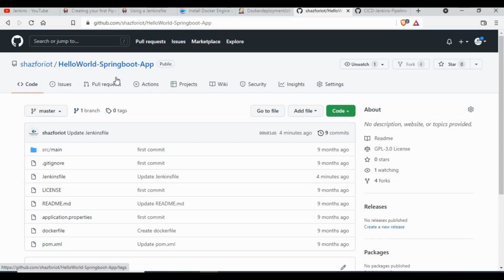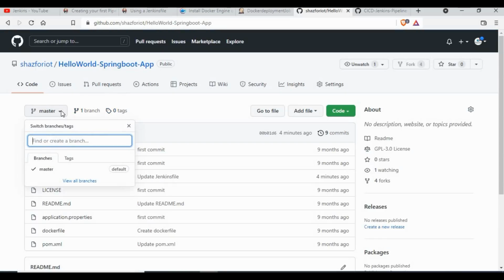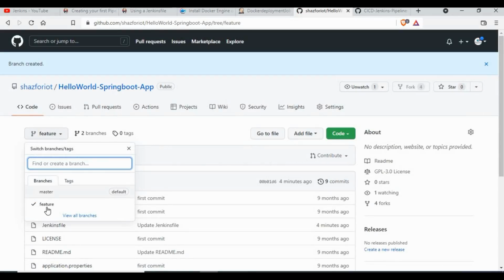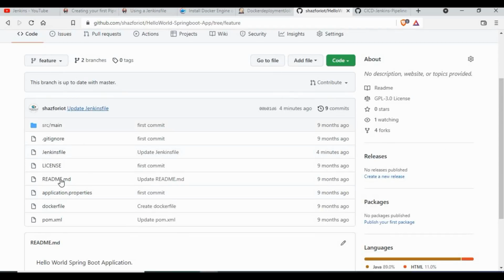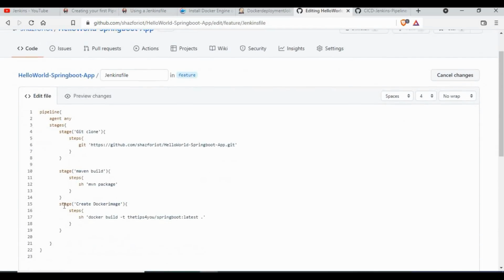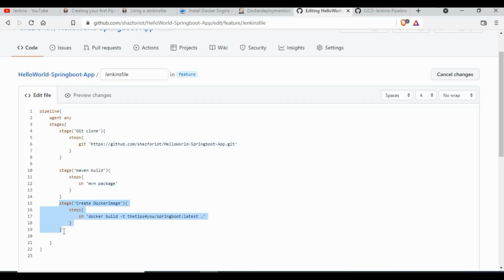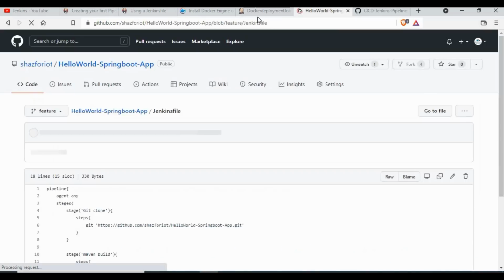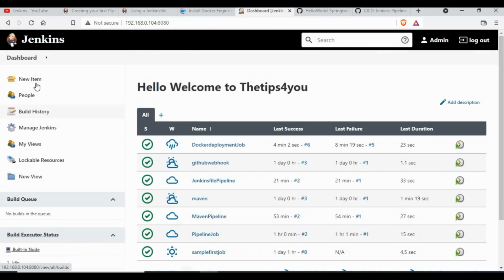So let's see, in our case for this Spring Boot project, I have only one branch, which is the master branch. Now if I want to create a feature branch, I will just use feature branch and create it. So now you can see I am inside the feature branch. There is a master and a feature branch, and you have all the content here, and I can change this Jenkinsfile so that I don't want to create the Docker build. So I'll just remove this. I only want to do a package in this feature branch. So I will commit this,